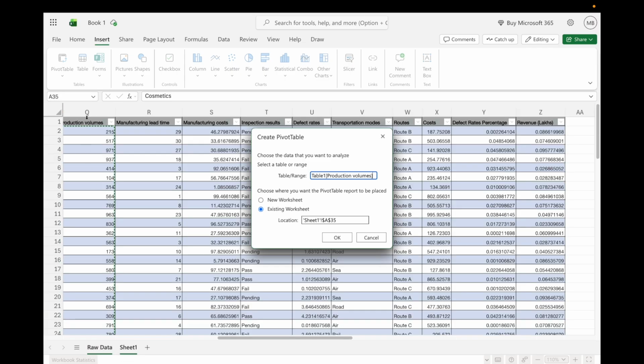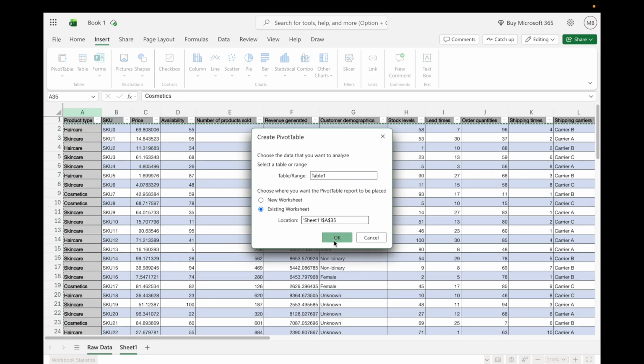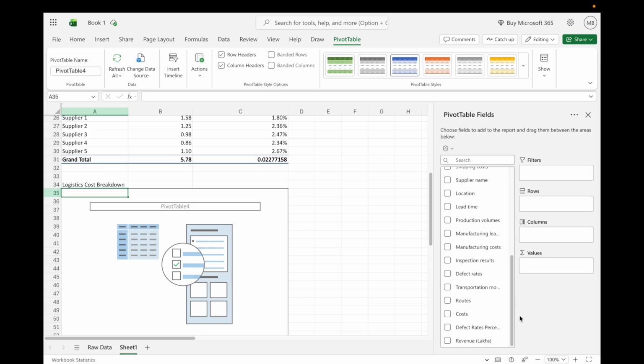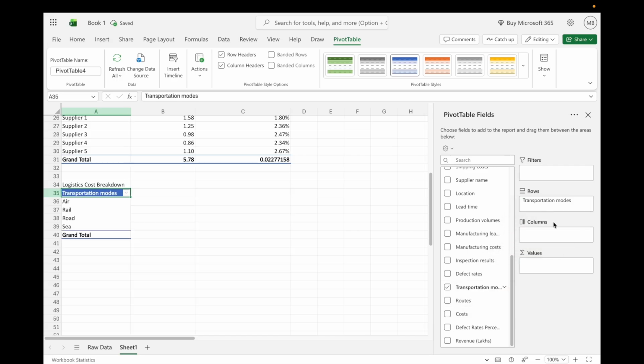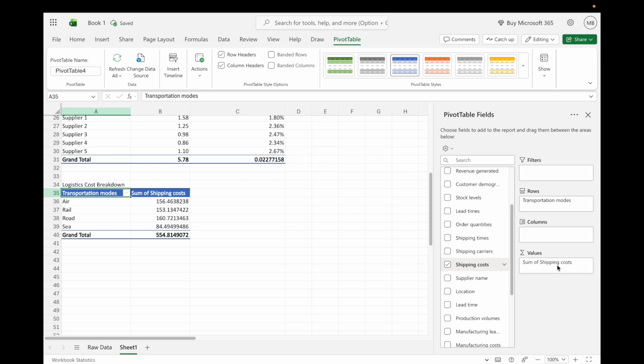Select the entire table, click on OK. So now I'll select the transport mode as rows and shipping cost as values. Here it is. So this should be in the sum. So you're done with the